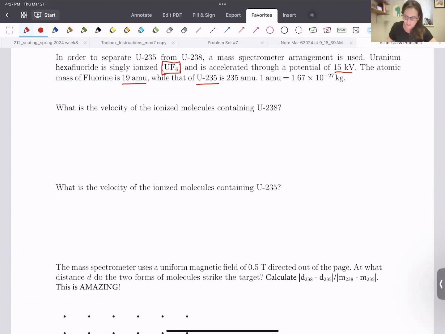We don't need to be told that. I guess we just know that, right? So U238, from just what we know about chemistry, it's going to be 238 AMU. Okay. So the first question is, what's the velocity of the ionized molecules with U238? And then we'll find the velocity for the U235. And then they're going to go into, with that velocity, our magnetic field, and then have an arc that depends on that velocity. So basically what we need is to find the mass of the uranium-238, because for the velocity,